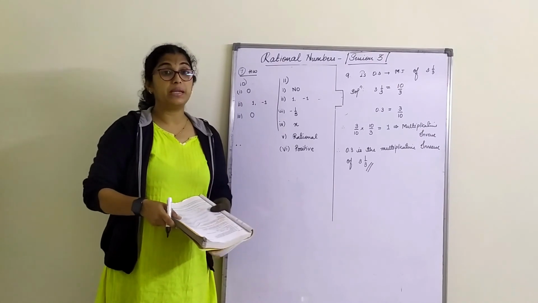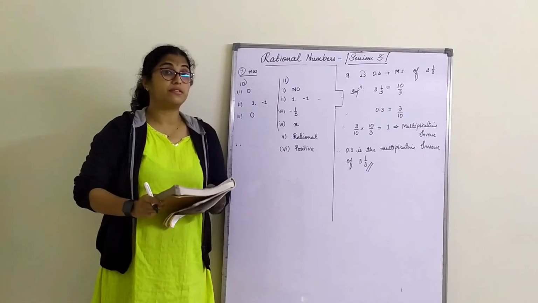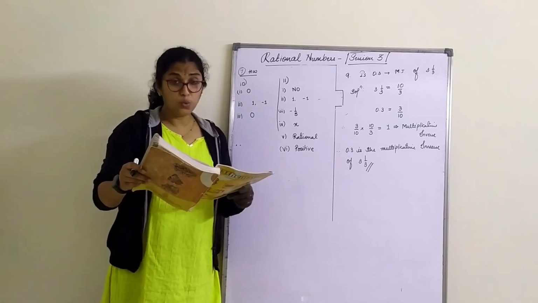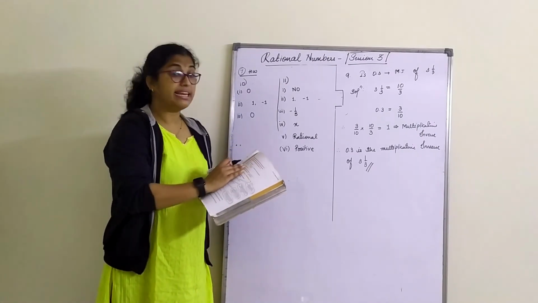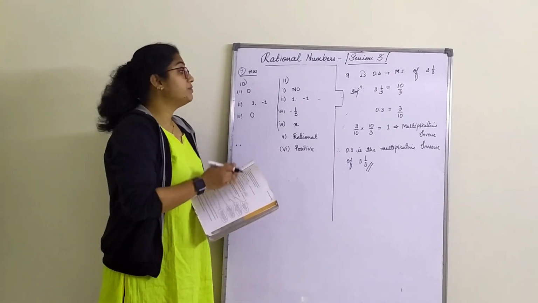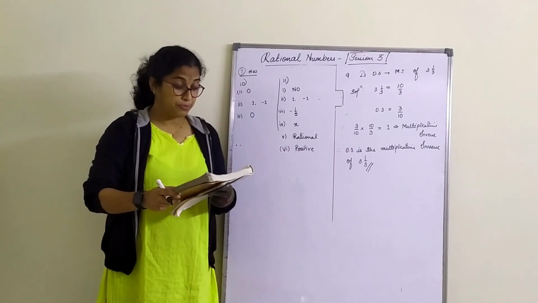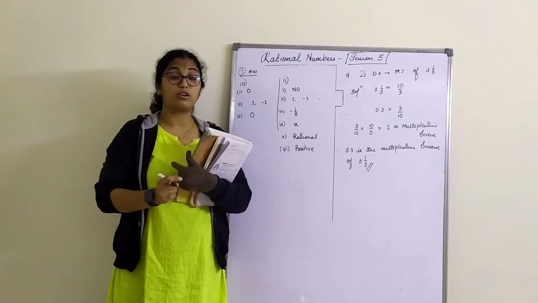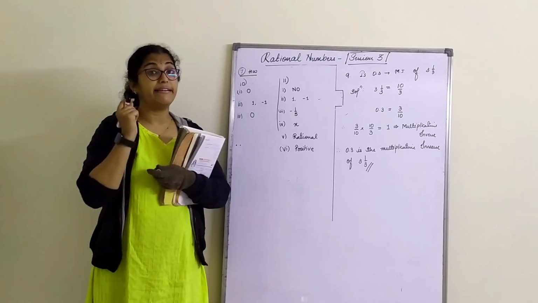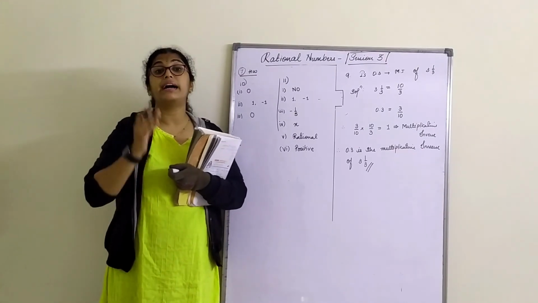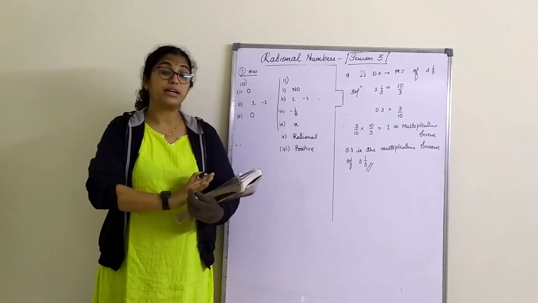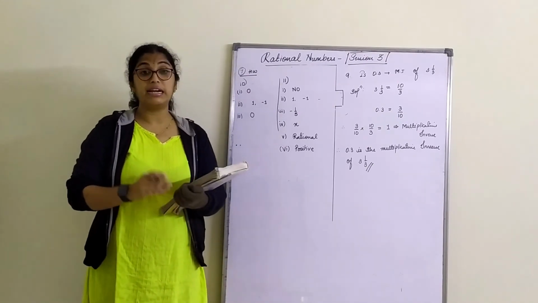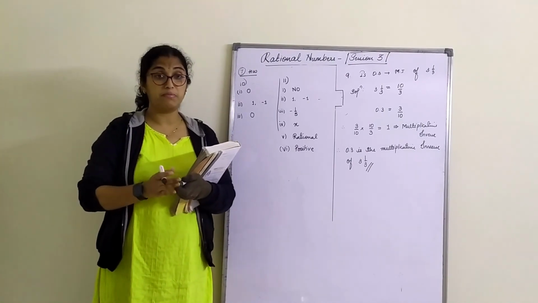With that, we complete the first exercise of the chapter rational numbers. So your homework for today is, I have marked one sum. Then this 10th and 11th page we have discussed, you need to write this in the notebook. Any doubt in today's class, you need to call on the same day of the video set so that I can address the doubt in tomorrow's session before I start with the next concept. In tomorrow's session, we will be understanding how to represent a rational number on a number line.